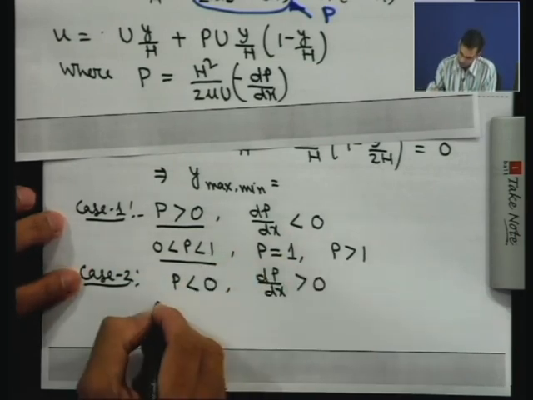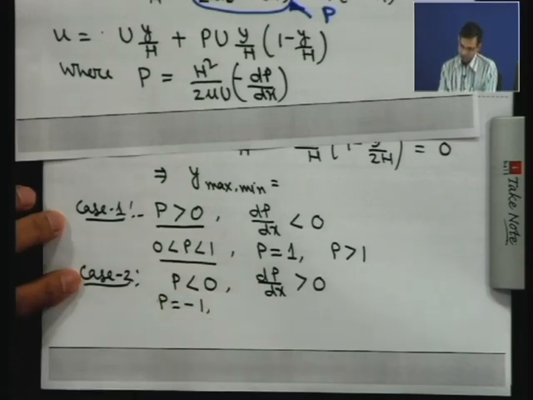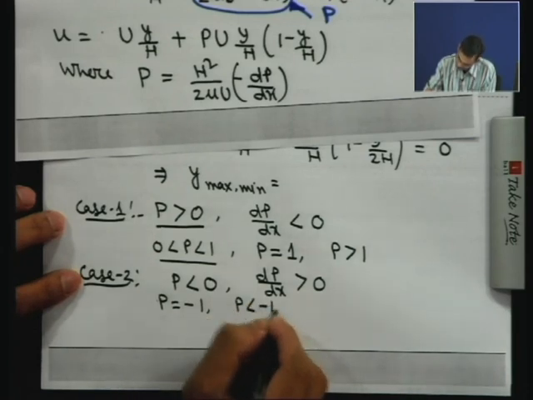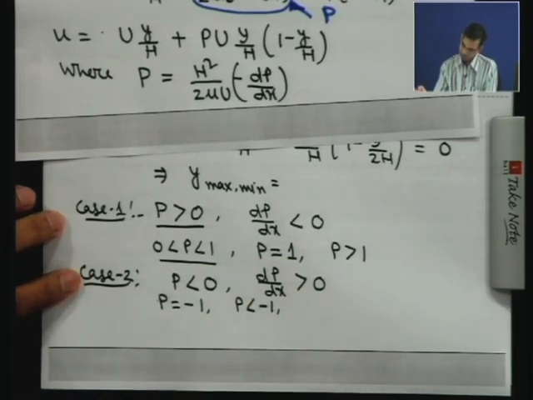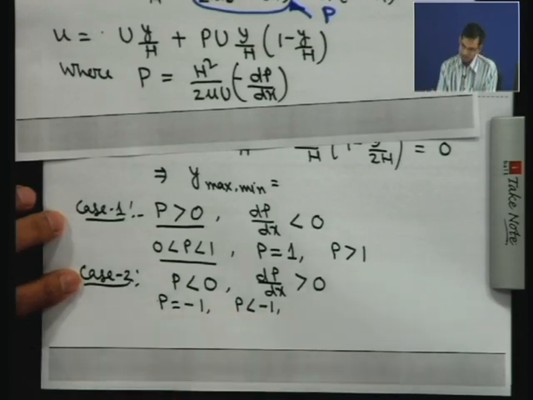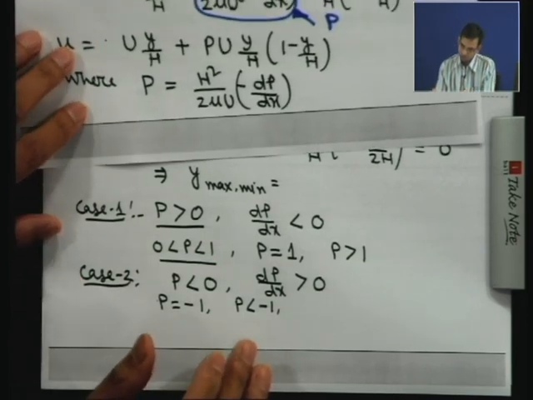Then, similar to the previous one, try to assess what happens for different ranges of pressure. One is p exactly equal to -1, another is p less than -1, and another is from 0 to -1. And after having this, just try to find out